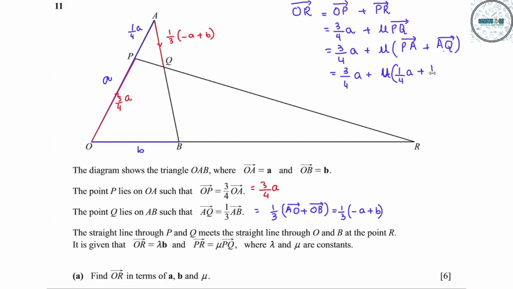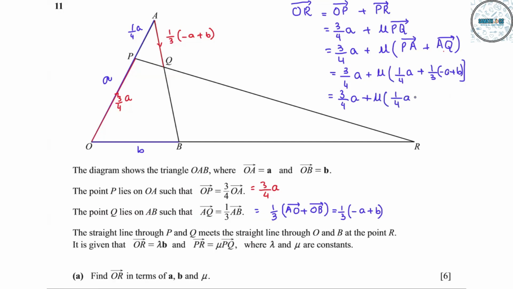AQ is 1/3 of minus a plus b, which is simplified to 3/4 a plus mu into